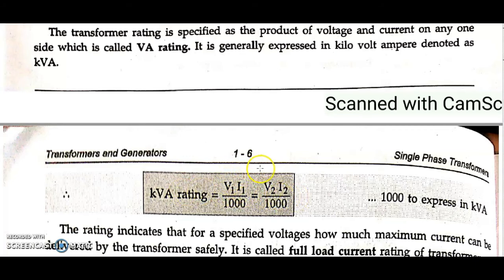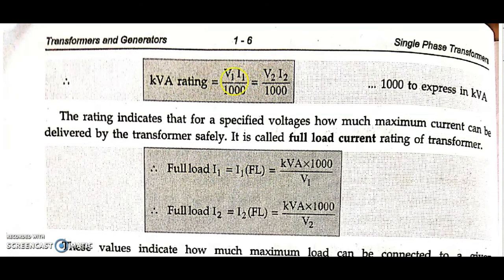Sometimes in step up and step down transformers, the values of V1 and V2 will be different, so I1 and I2 will be different. If V1 and V2 are the same, then I1 and I2 will also be the same. Anyhow, the kVA rating is constant for such transformers. So you can calculate the full load current with respect to primary as well as secondary. This is what they have given here, that is I1 as well as I2. So full load current can be calculated by this formula. Same thing, either you remember this or you remember this.